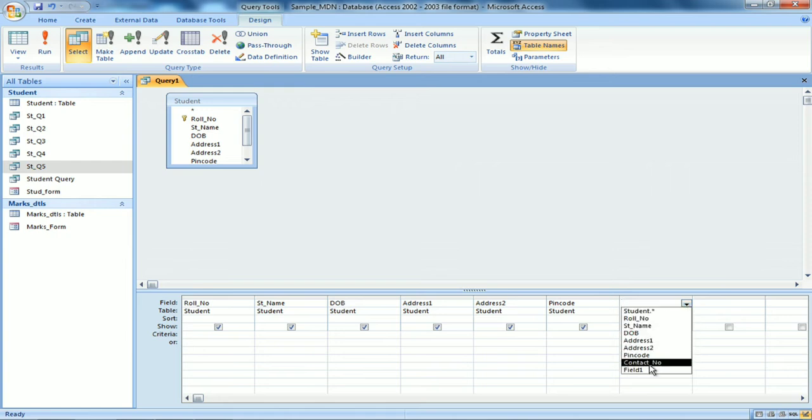So in date of birth criteria, I show greater than hash sign 01/01/1997, close it with a hash, as well as another criteria, student name starting with R and then followed by star, close it. Double quotes. Double quotes is required for text type of data inclusion. So I have given two criteria.